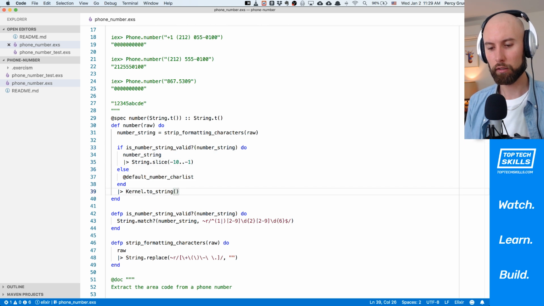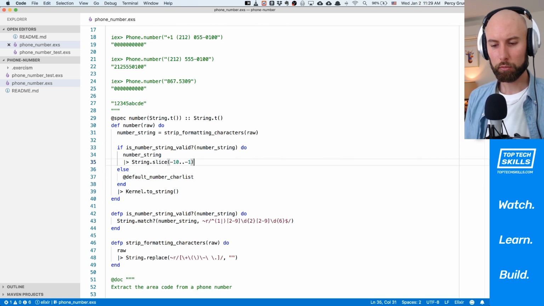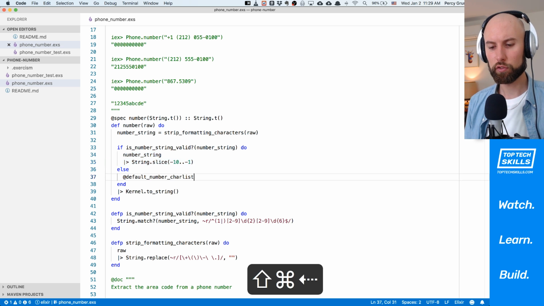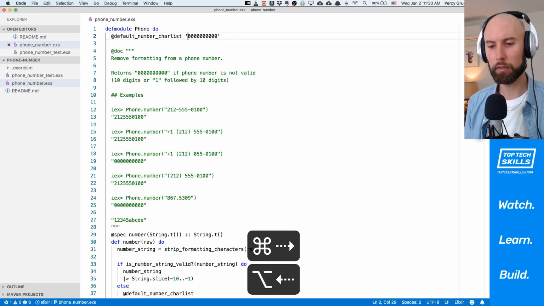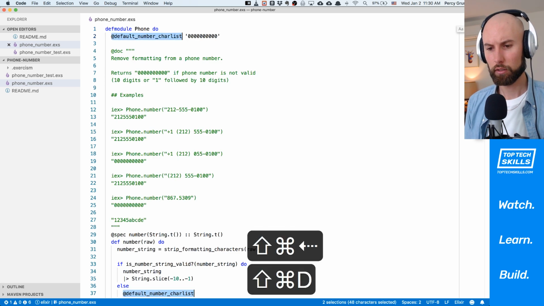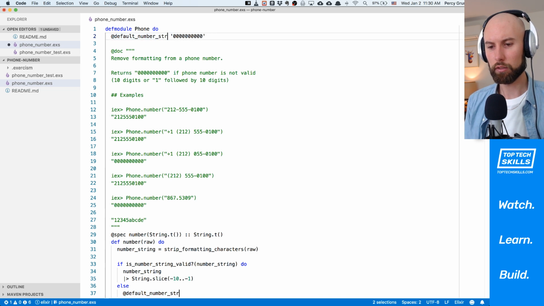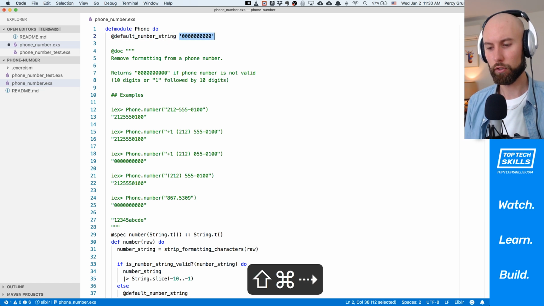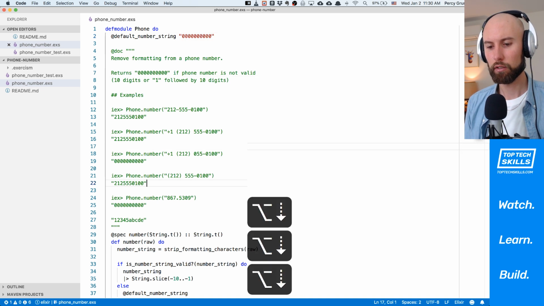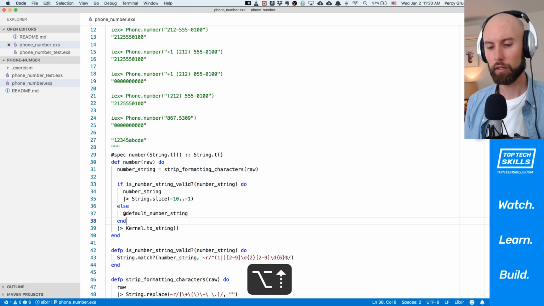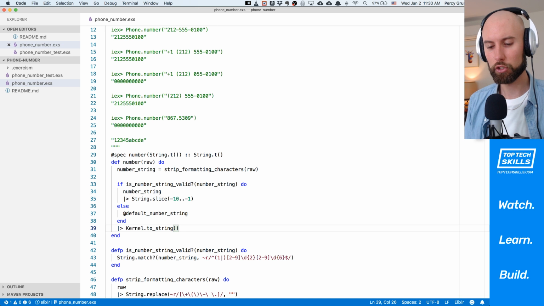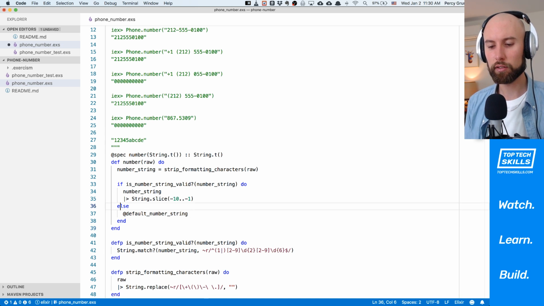And the only other thing, so actually what we're doing here is because we've used string.slice, we're actually no longer dealing with char lists. So instead of returning that, let's convert this default number char list. We'll do that as string, and we'll convert this to a string rather than a char list. So that's our default phone number. We've already got that in there, and we no longer need that kernel to string because we're no longer dealing with char lists. So I'm going to remove that, and that's cleaned up